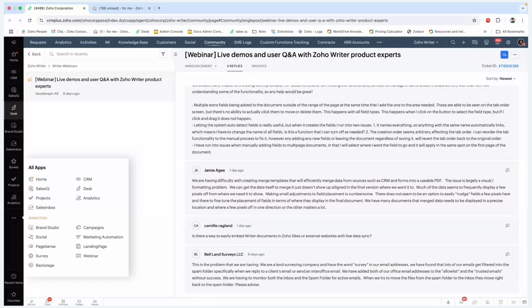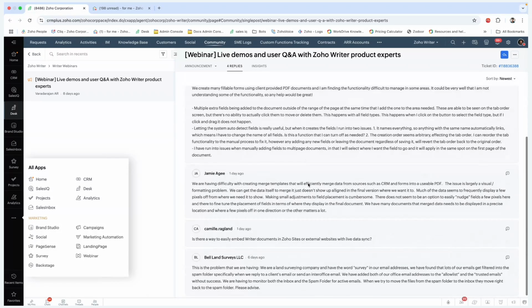So what we would suggest is you can let us know the file in which you have this issue. So this is specific to each document. So using that information, we'll be able to check on this. So what we'll do is we will reach out to you and get the required information